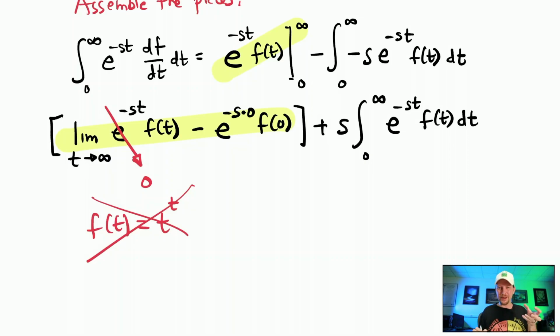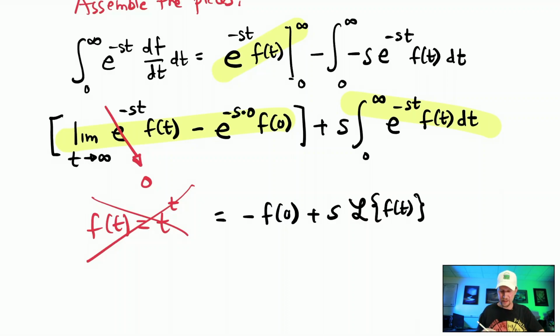And the second part is nice and easy. Well, e to the minus s times 0, that's 1. And you multiply by f of 0, well, that's just minus f of 0. So I can keep on going with my calculation and saying, well, this is minus f of 0 plus s times, and hopefully by now you've seen this often enough, does anyone recognize that? Well, that's the Laplace transform of f. So this right here is the Laplace transform